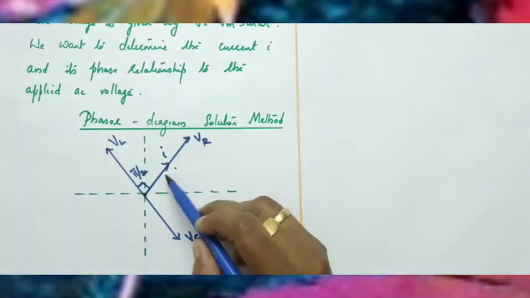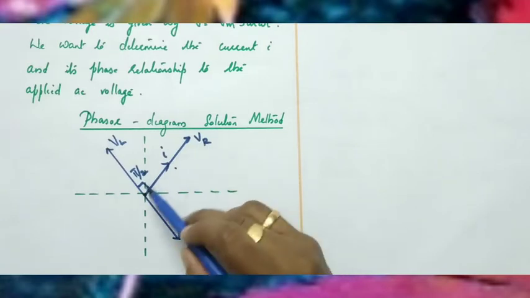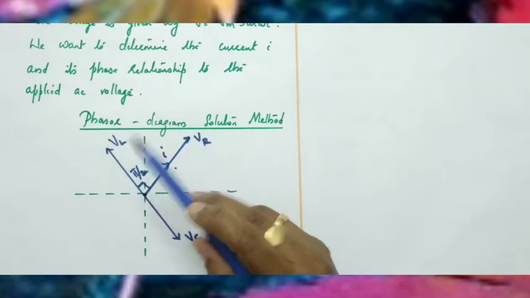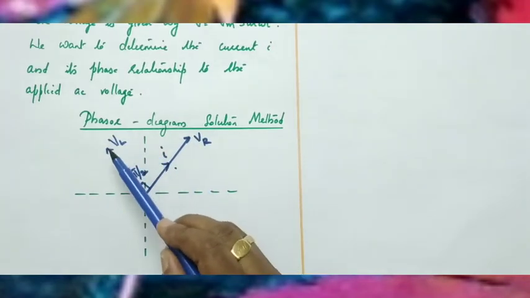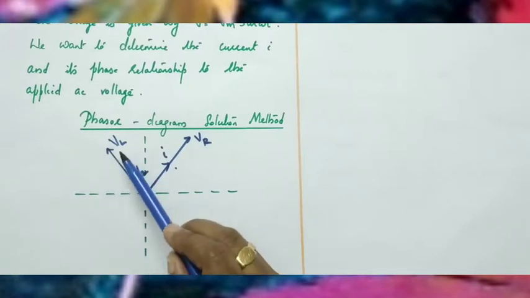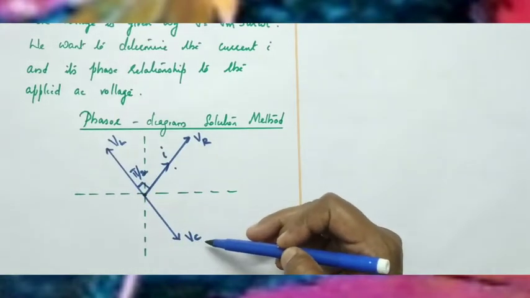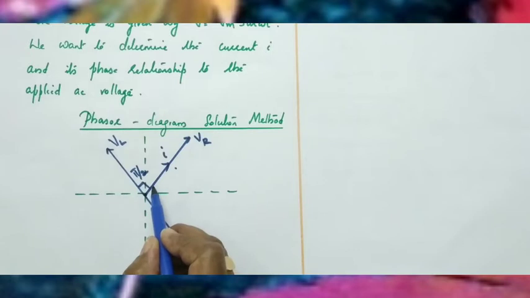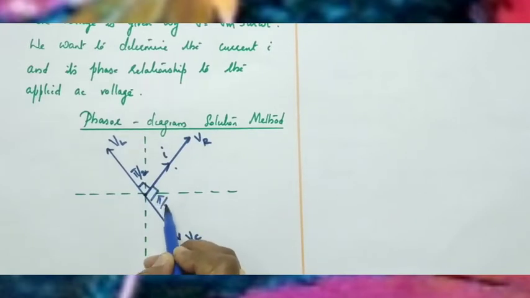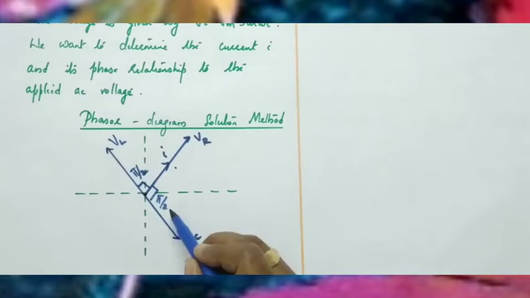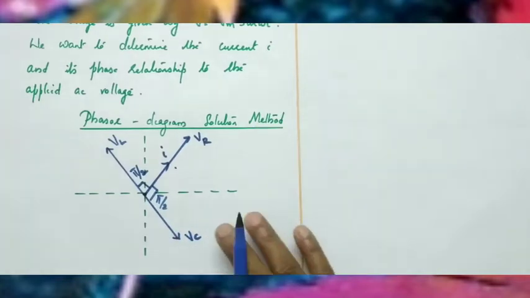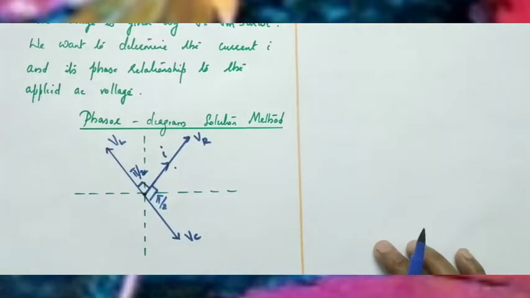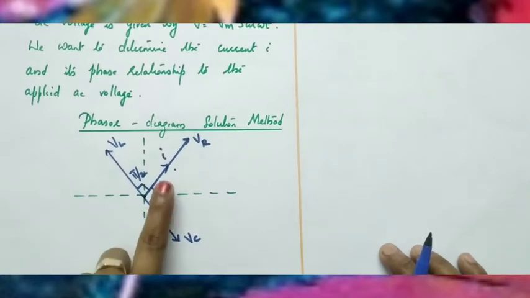Here voltage across the resistor and current are in phase. So, this line represents VR and this represents the phasor of current. When AC voltage is connected across an inductor, current lags, which means voltage leads. So, this phasor represents VL. When AC voltage is connected to a capacitor, current leads, that means voltage lags. So, this represents VC, and this is the angle pi by 2. Current leads voltage across the capacitor by an angle pi by 2. So, from the given information, we can draw the phasor diagram representing AC voltage across the resistor, inductor and capacitor and the current.